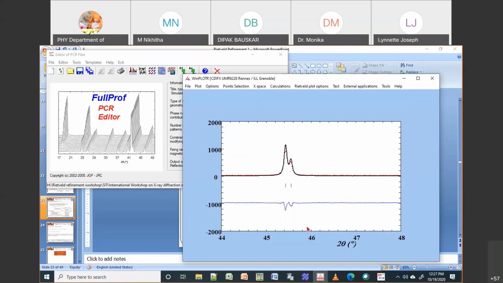Okay. So now if I think this is sufficient, then I can extract some information. This is not really good, but still I will say, okay, this is fine for my part. So you can see occupancy does not change too much. It is slightly changing. So I am going to stop this, and then I am going to stop all the refinement except my ABC parameters and my scale factor. So now this is your Rietveld refinement for your NaCl crystal, or NaCl data, whatever you have.